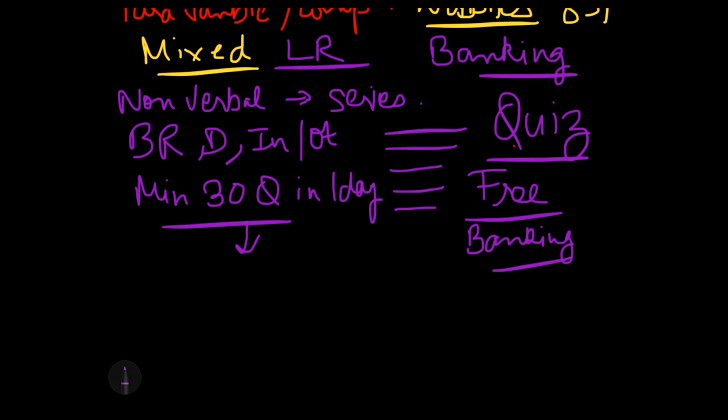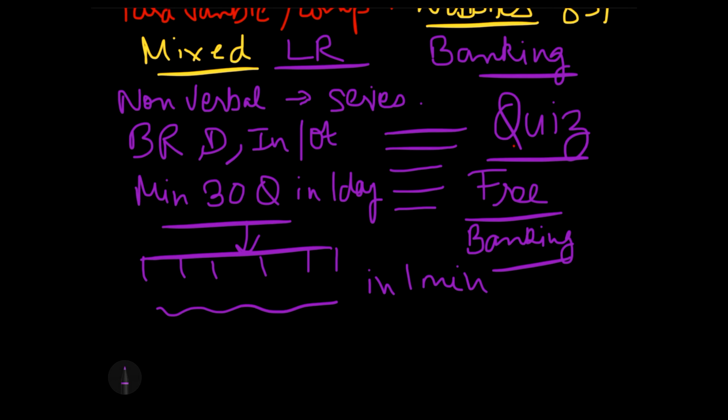उससे क्या होगा? You will come across various logics, and ज़्यादा question solve करने से you can think of more logics in 1 minute. Like for example, if you get a question of series, तो आपको 4 numbers दिए हुए हैं, you have to find out which is the next number. लॉजिक कुछ भी हो सकता है. लॉजिक सिर्फ +4 हो सकता है, लॉजिक +4 into 2 हो सकता है, लॉजिक +4 -1 +4 -2 +4 -3 भी हो सकता है विद कंसिक्वेंट टर्म्स.